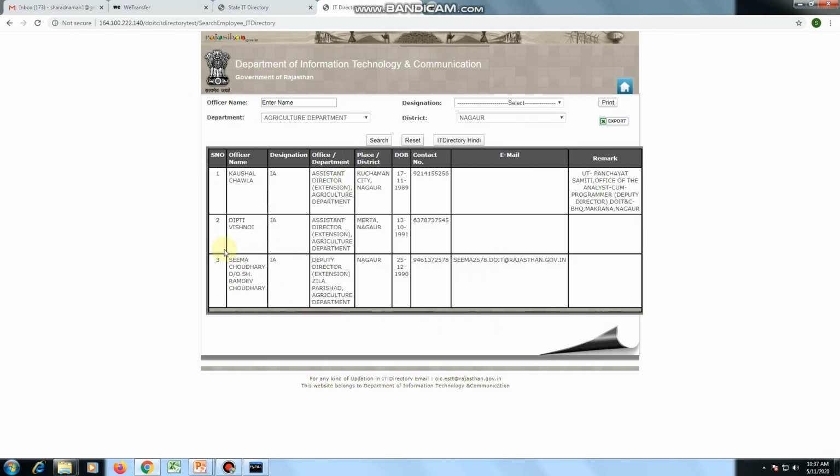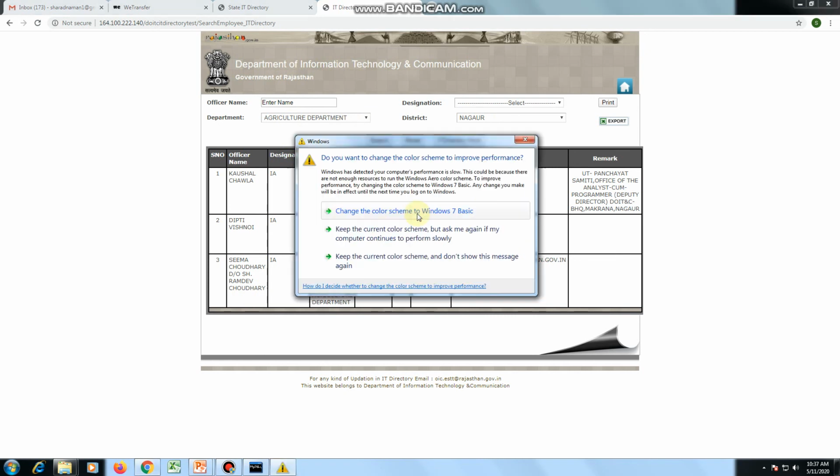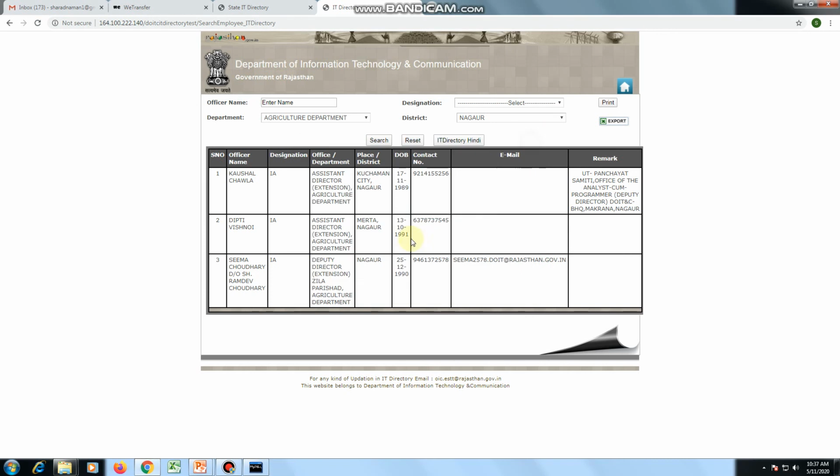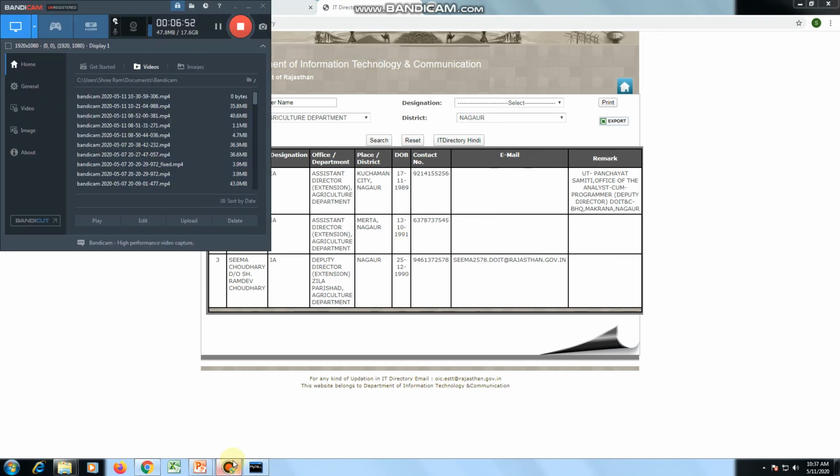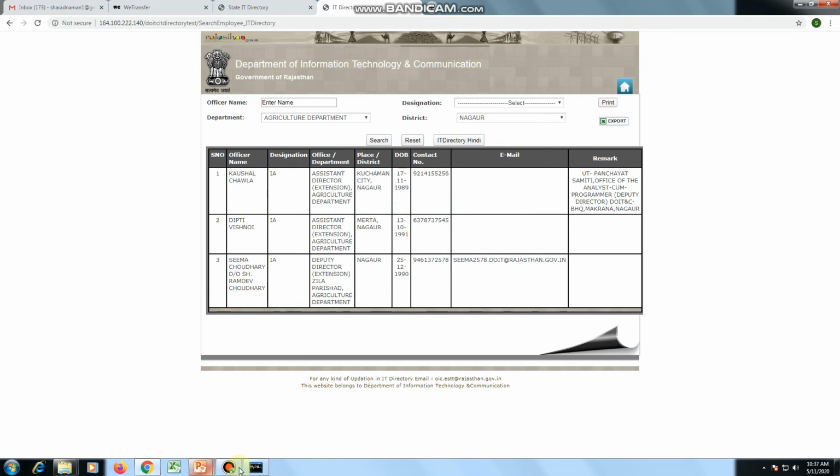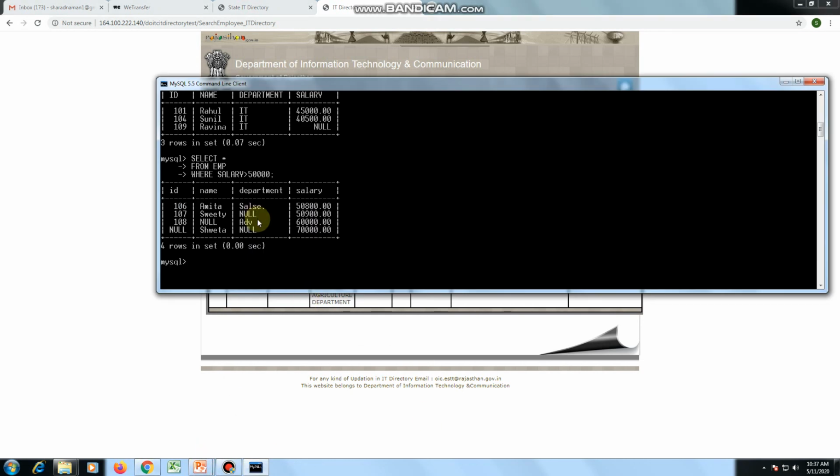All these three employees are from the agriculture department in Nagaur district. So in this way we can use the where command to filter or restrict the records according to our requirement. I hope you got this very easily.